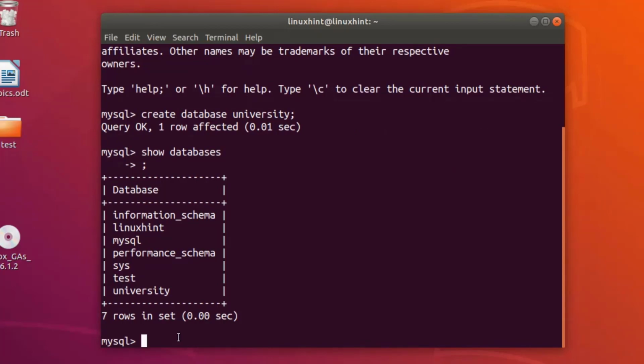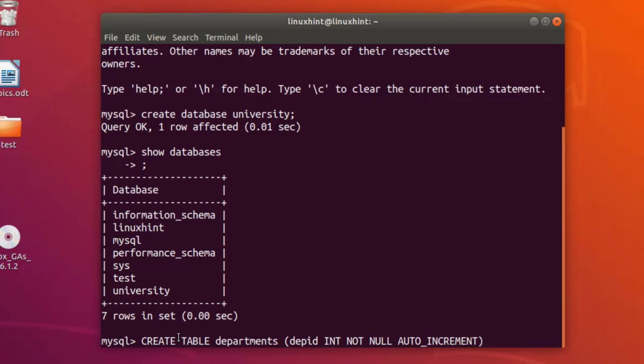In the university we have multiple departments, so let's create a table for the departments. Create table departments. Now we have to define the columns for this table. Each department will have a department ID, like DEP ID, and it will be a primary key. When you have to define a key as a primary key, you have to write not null, because it will contain a value. Auto increment,